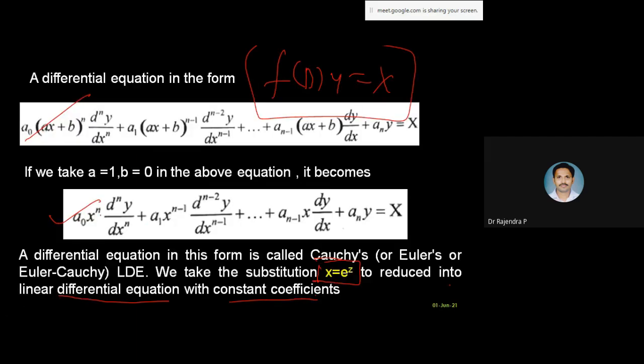See here, when you have dy by dx, d square y by dx square, with the same degree, I will get x square, something like that. So in the general form, you see here, x dy by dx is there. Here you may get x square d square y by dx square, second term like that. If it is nth order derivative, then I will get x power n. So it will continue. That you have to identify, and it is not of the form ax plus b. So it is very clear. It is of Cauchy's differential equation form.